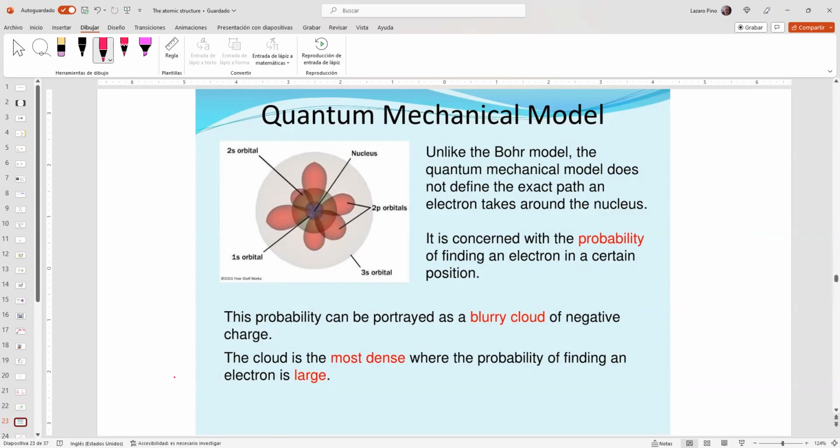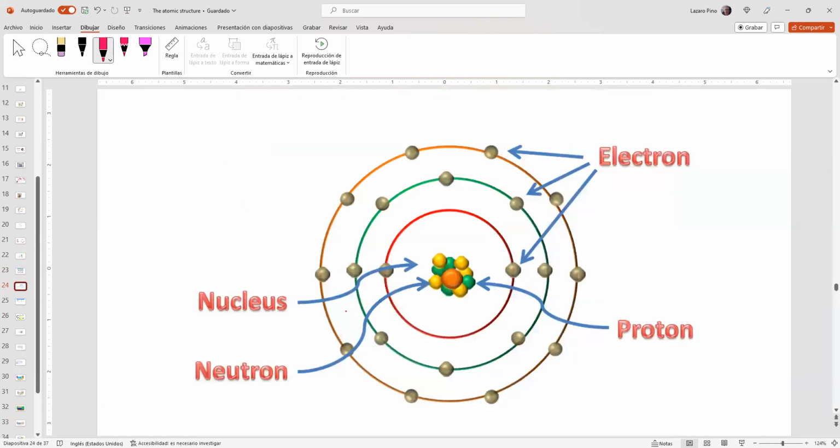A lot of new theories came and tried to explain why the atom has this level of energy, and how the electrons move around the nucleus and don't lose or gain energy. And